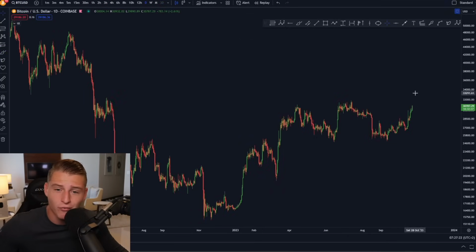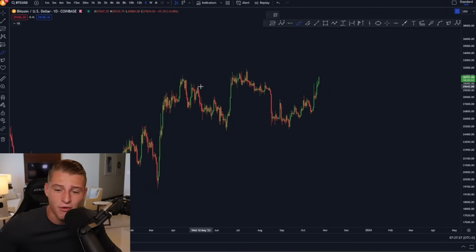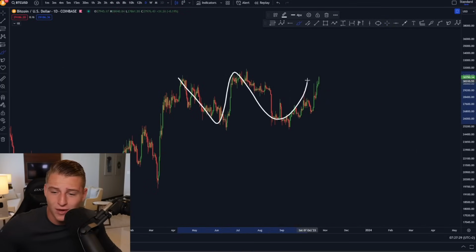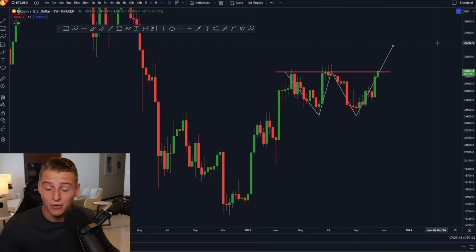Looking also at the daily time frame, we're creating just this massive W pattern. Bitcoin creating a W pattern, and if we then also break above the top side, that is going to be the confirmation of that break above that horizontal resistance. And if we can break above that level, that is the point where we're really going to see the continuation happen for Bitcoin. We can currently see here on the weekly time frame as well, Bitcoin is creating a beautiful W pattern,